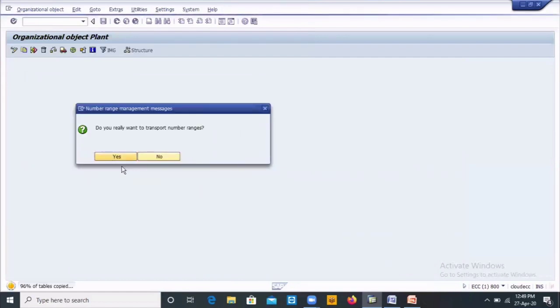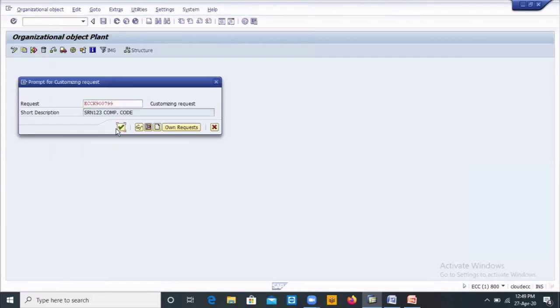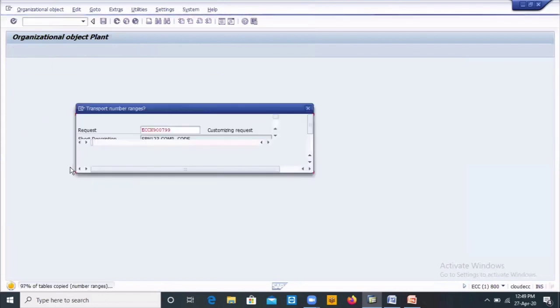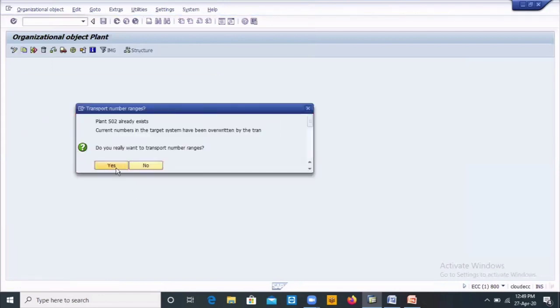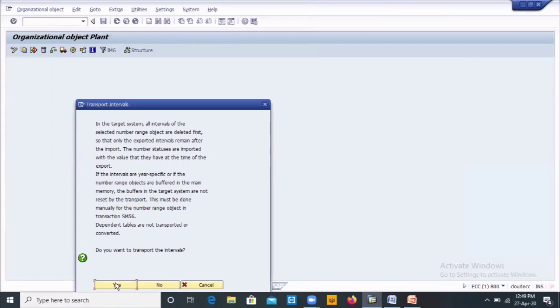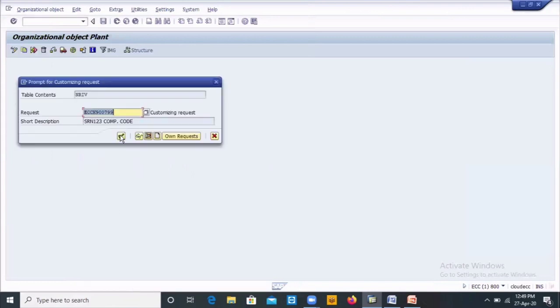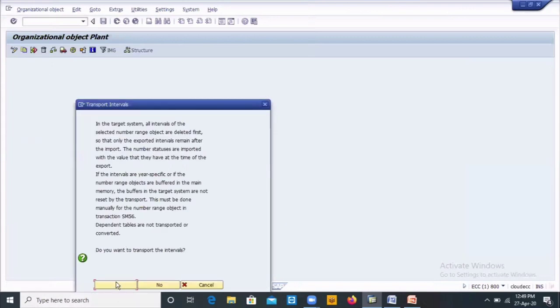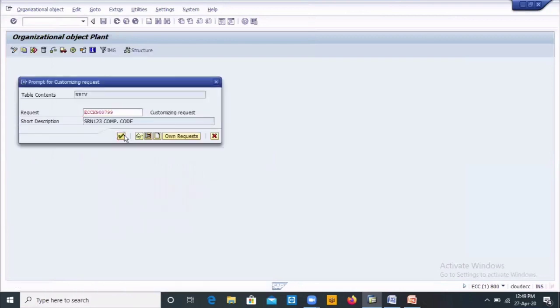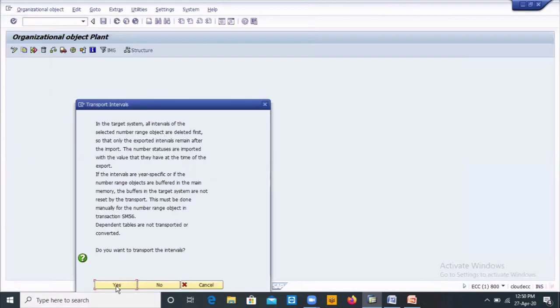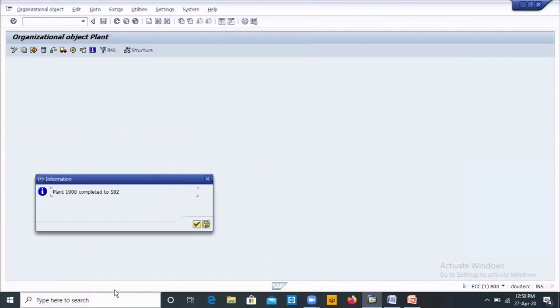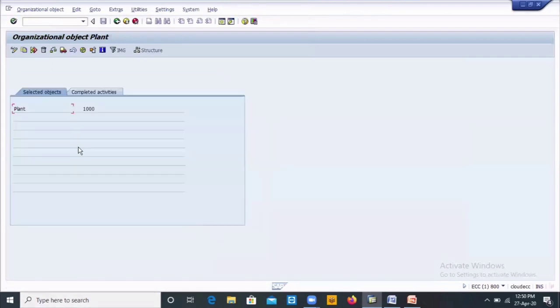Number ranges. So this is simple. How we are creating. Yes, yes. Okay, completed.